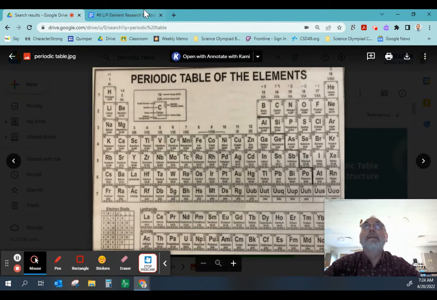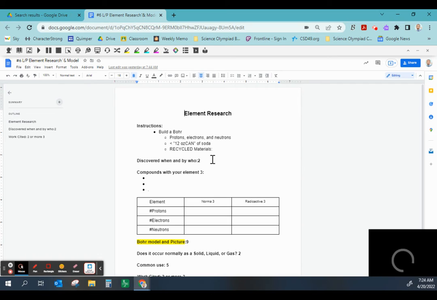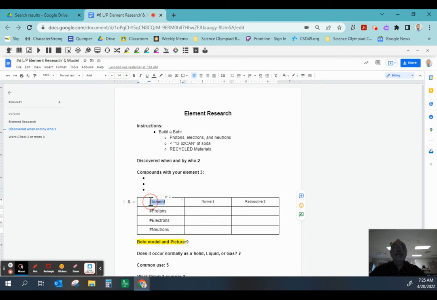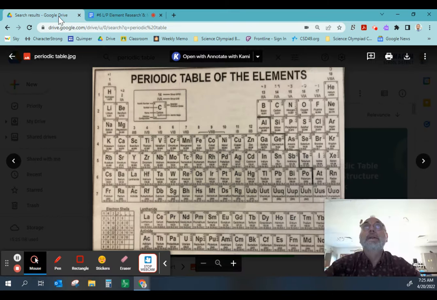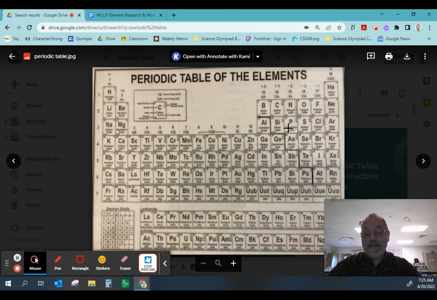All right. Now, once you do that, let's say we picked phosphorus. So my element will be phosphorus. You write it in here. Now you're going to find out how many protons and electrons. And all you do to do that is look at the element symbol, which in this case is